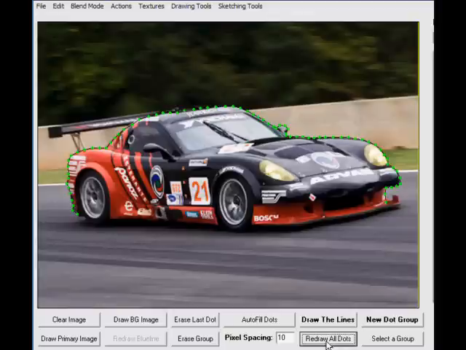Now we're going to draw somewhere else on the car rather than continuing with this pattern. So what we'll do is choose a new dot group, and we'll go up here and perhaps outline the windshield. Start by clicking the first dot, and then again at about a quarter of an inch pattern, we'll just trace around the entire windshield of the car, and this will allow the program to know where we intend for it to draw next and what pattern to draw. Notice that I'll bring this down and come close to overlaying the last dot on top of the first one. That will close the loop around the windshield,